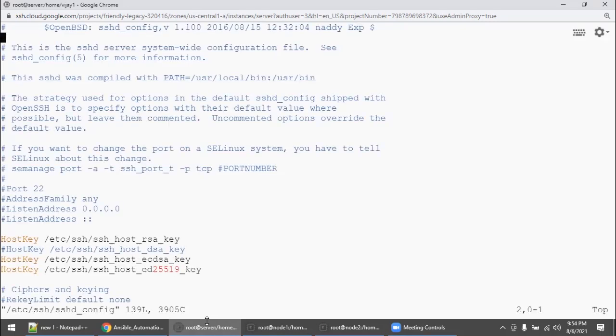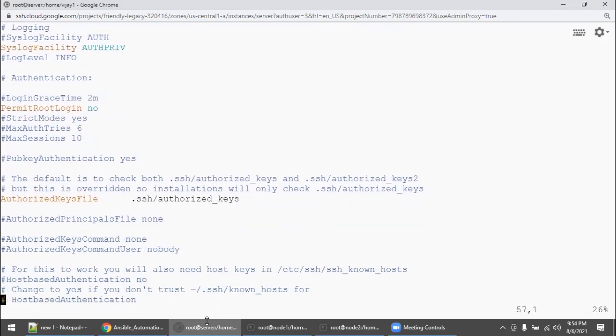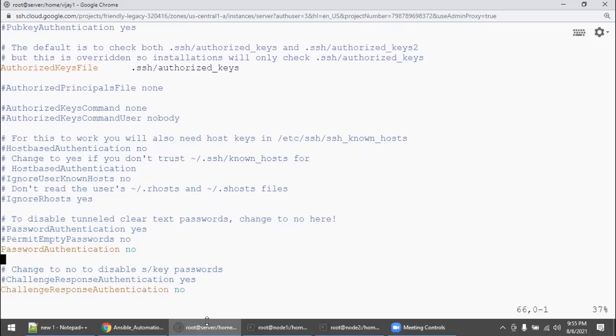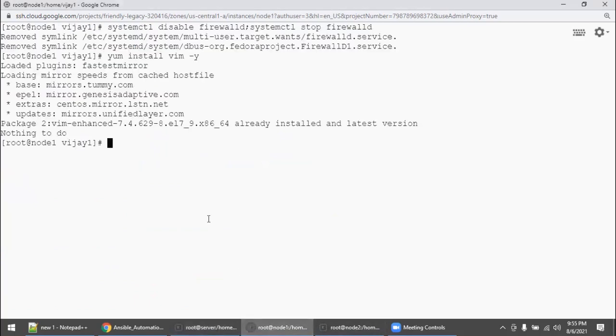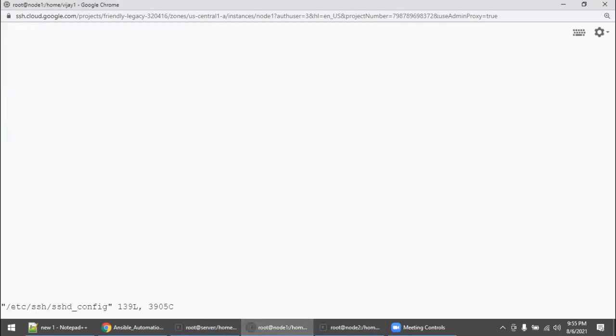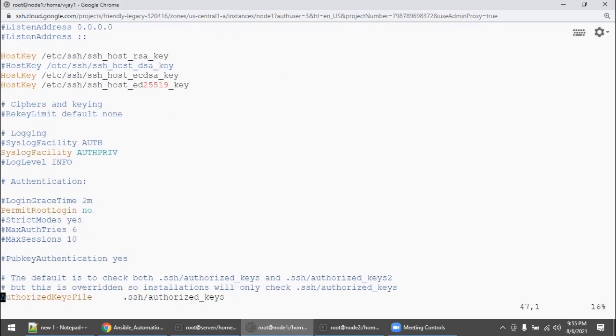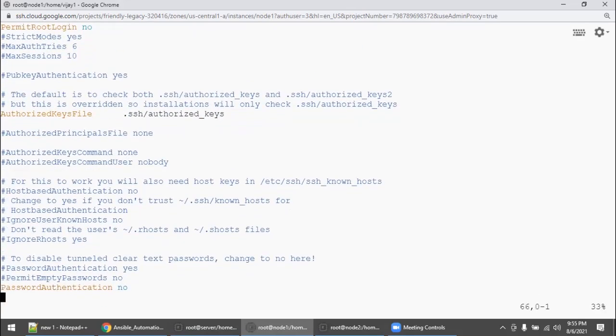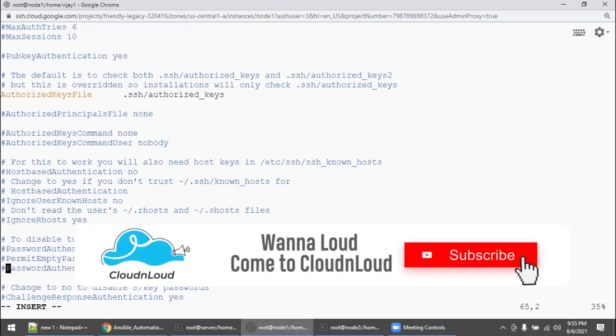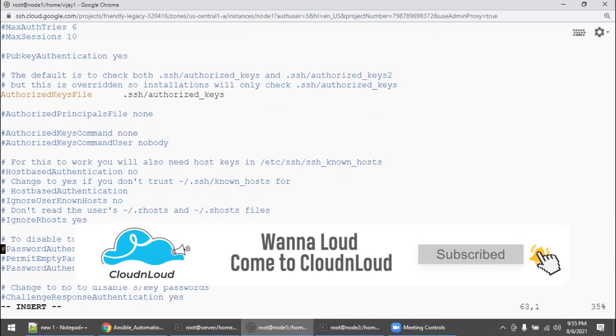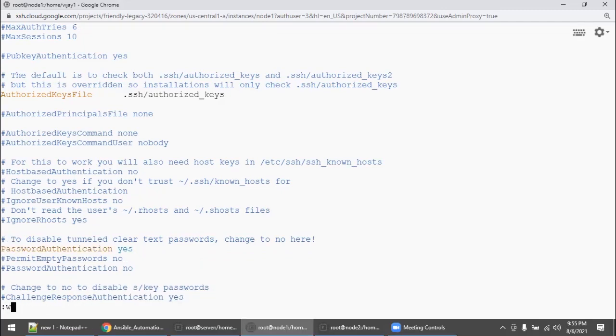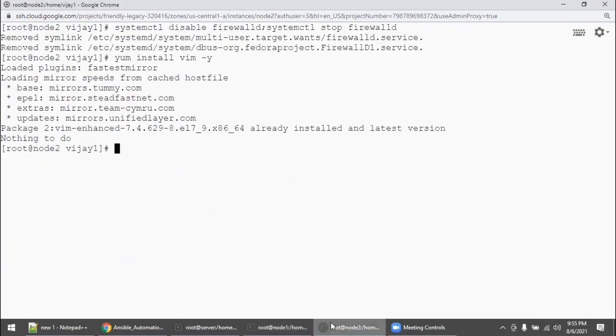So I'm going to open the file, come down. There is PasswordAuthentication, which should be yes. By default, it will be no, so I'm just changing it. PasswordAuthentication yes, and save it. And go to another one, vim the file name, come down. You need to go to the same PasswordAuthentication, which is commented out, and you need to uncomment it. So basically the yes option should be activated. That is why we are doing it.